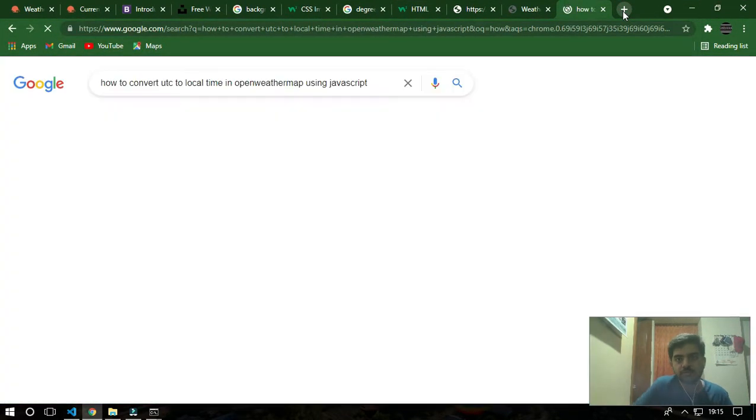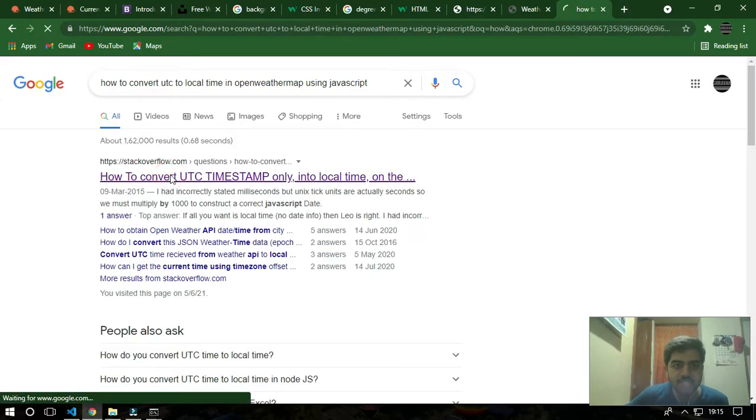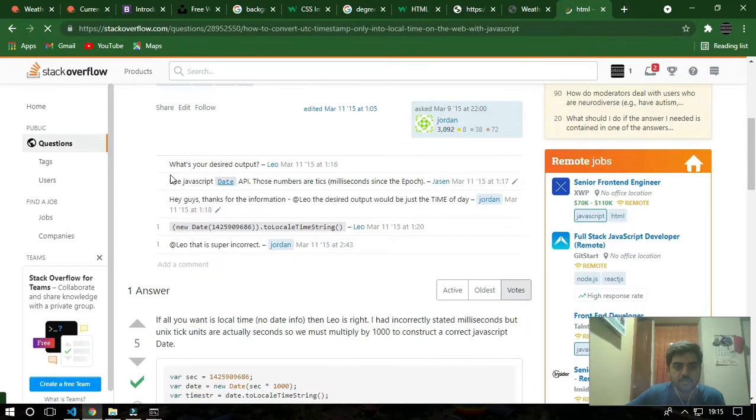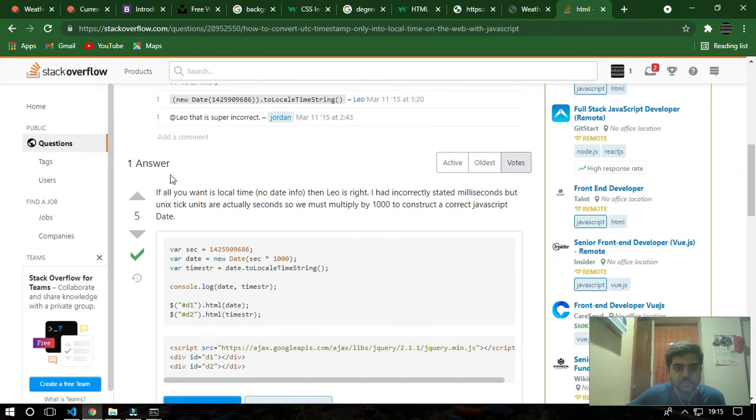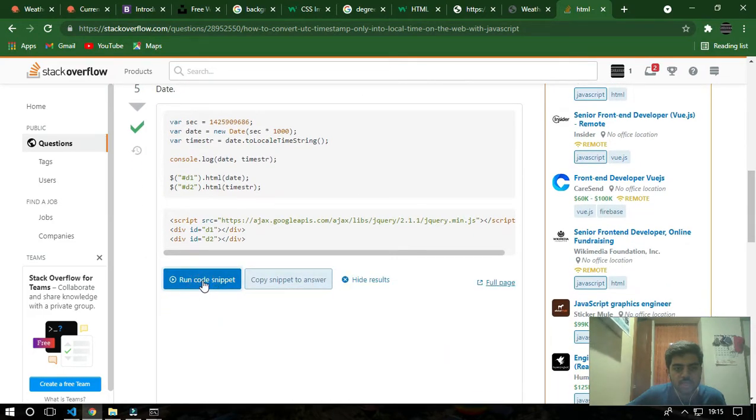So how to convert? Okay, we got Stack Overflow first itself. Good, I got here the time string, run code snippet. Yes, I'm getting it here.